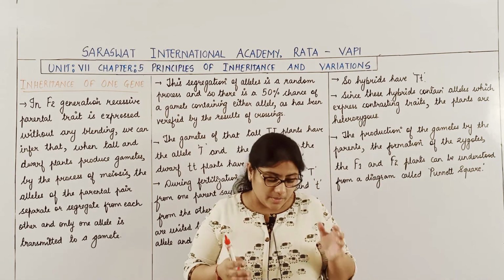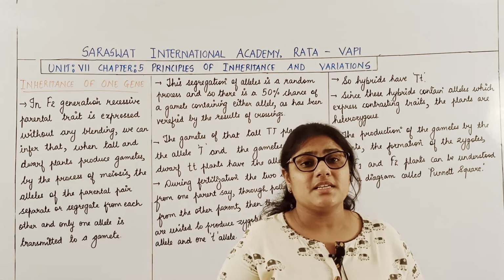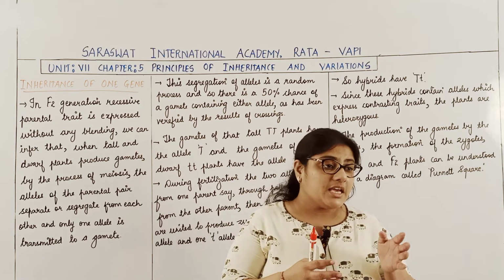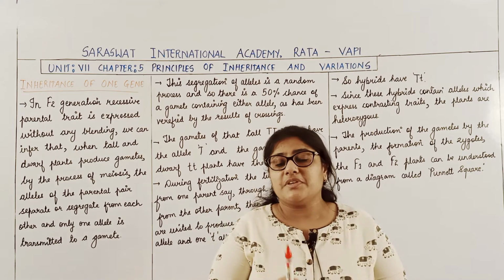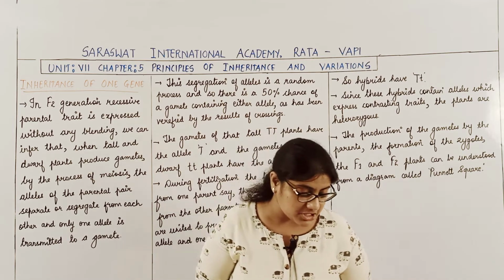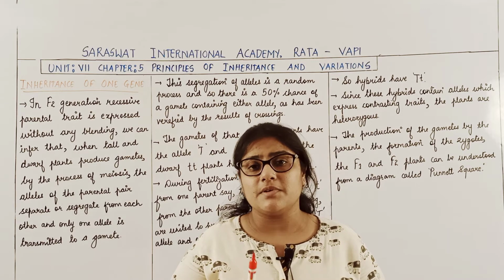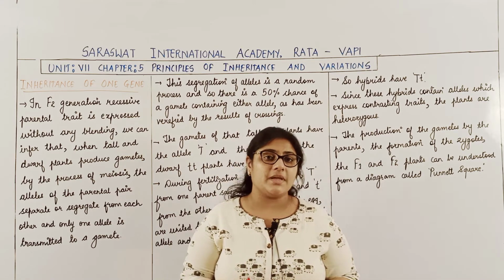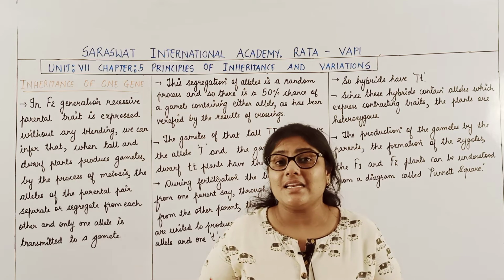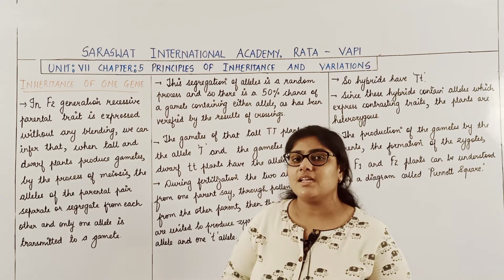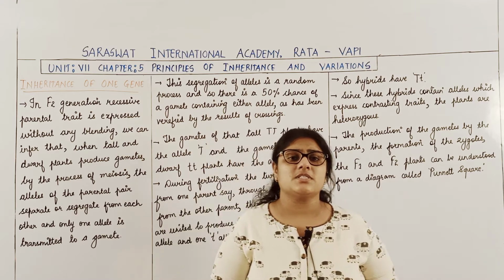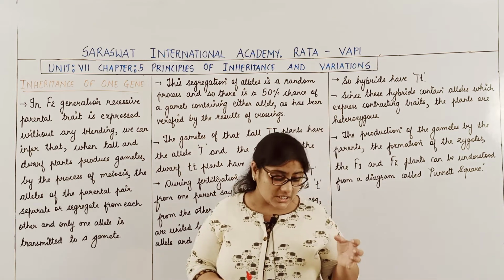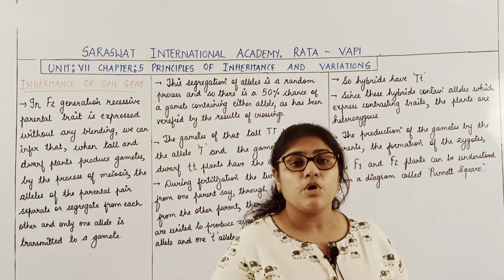called a monohybrid cross. Say, for example, if we consider height as one of the characters, as proposed by Mendel, he crossed a pure tall plant with a pure dwarf plant, and in the F1 generation he found that all the plants were tall, none of the plants were dwarf. Mendel gave the method to alphabetically represent the genes. In the F1 generation they were heterozygous. All the plants were tall, but the genes present in them were capital T, small t.